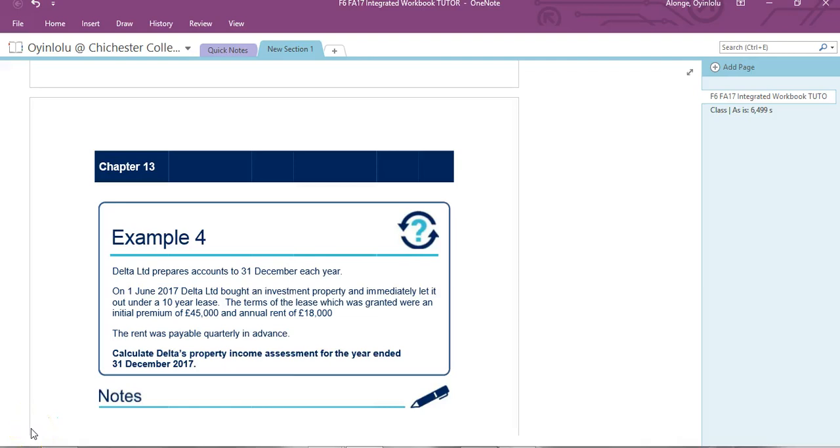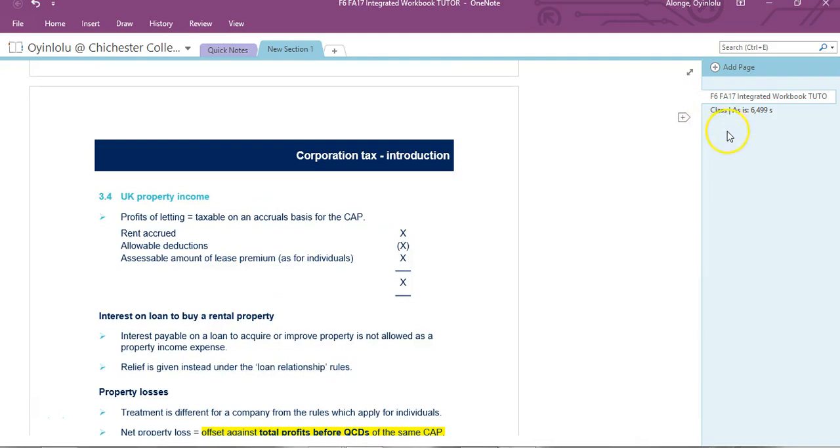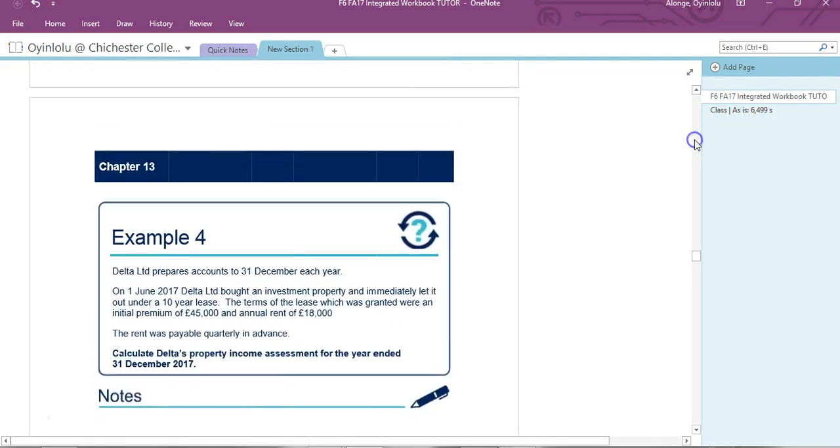Okay, great. Hi. I remember doing this in class and thinking, because of the way the booklet was worked, the theory for example 4 is actually on the next page. But I think it's good that you have a go at it, because it helps you see how much you really remember about how to deal with premium. I think you should go through it, and I'll just talk through it very quickly.